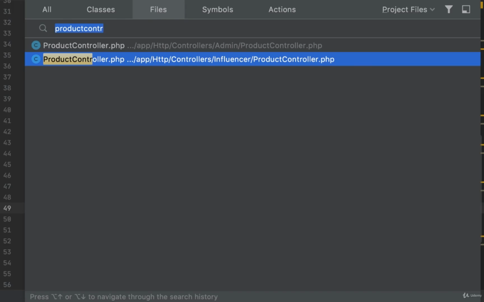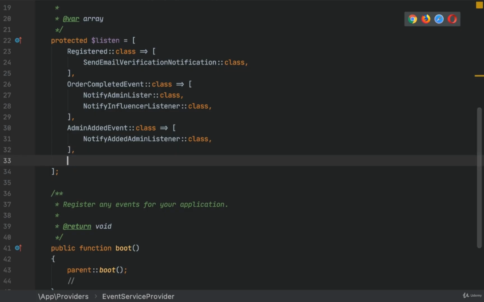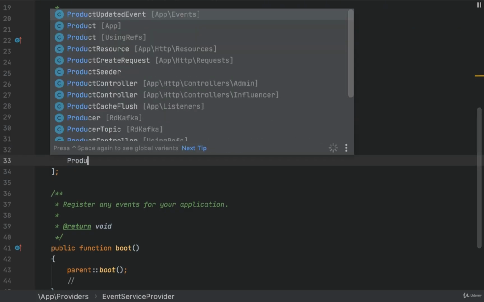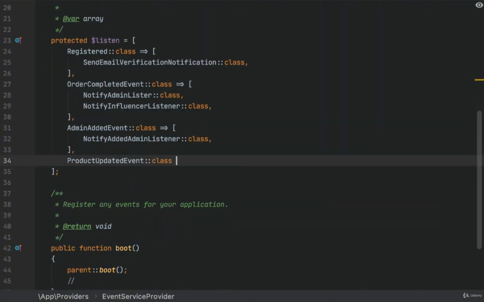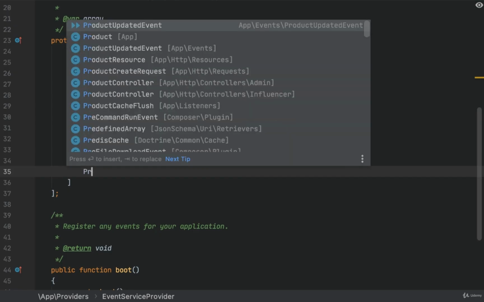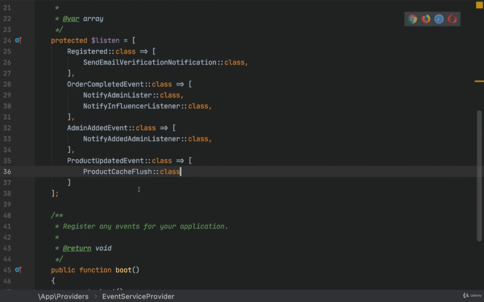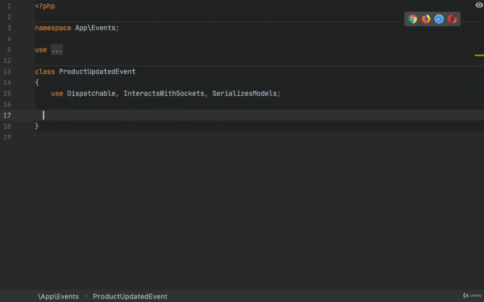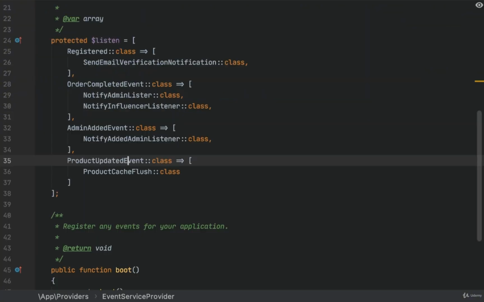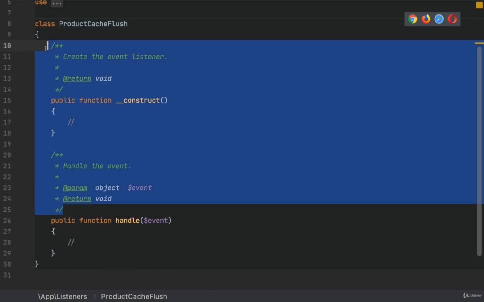Now let's go to our event service provider, and here we will say that the product updated event will trigger the product cache flush. So the product updated event needs nothing basically. It can stay like this, and the product cache flush will just use a simple